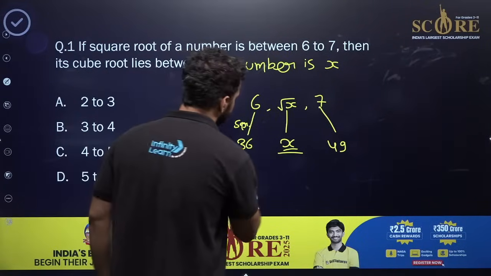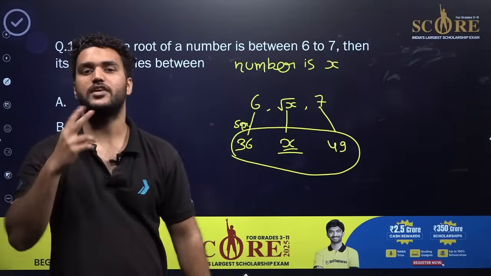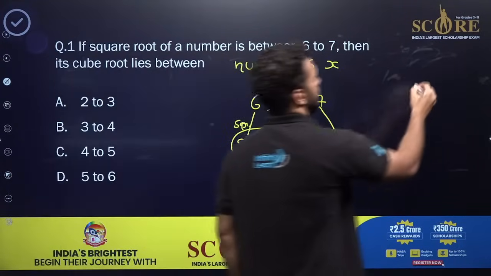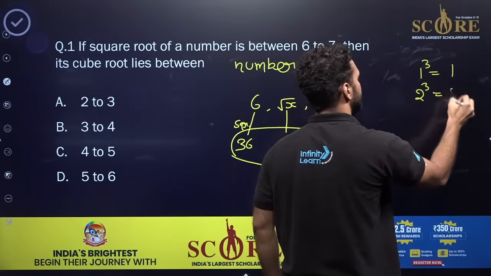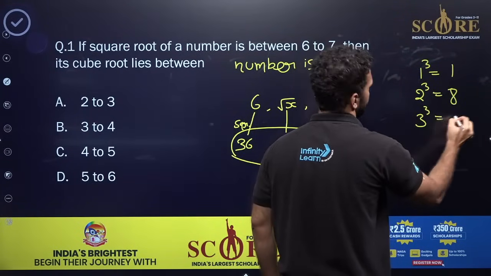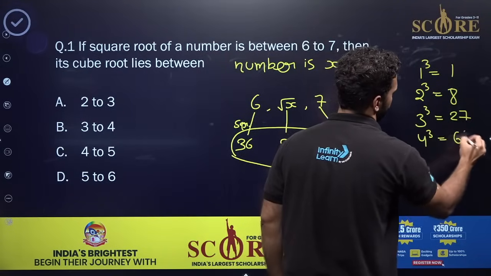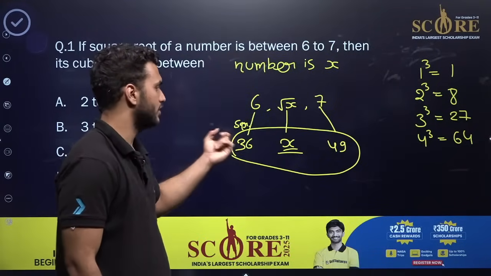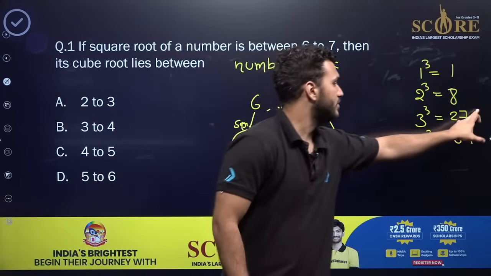We have to find this range lies between which two perfect cube numbers. What are the cube numbers? Perfect cube numbers are: 1 cube is 1, 2 cube is 8, 3 cube, sir, it's 27, 4 cube, sir, it's 64. Do you see this? For the cube, this range lies between